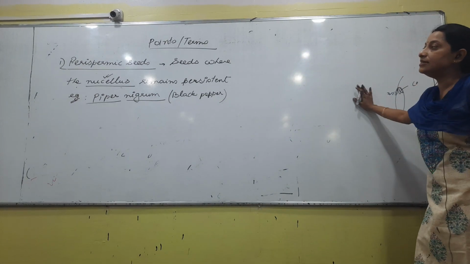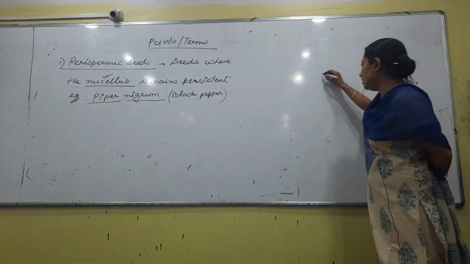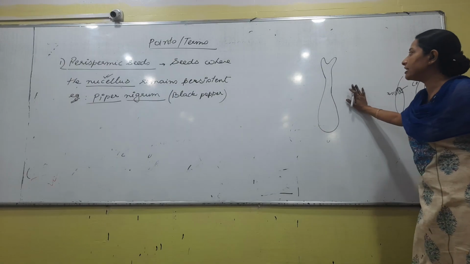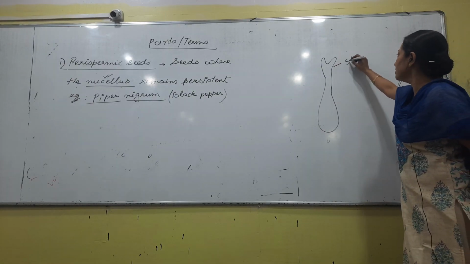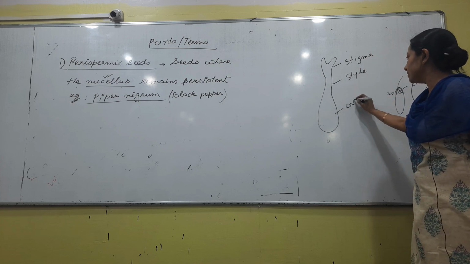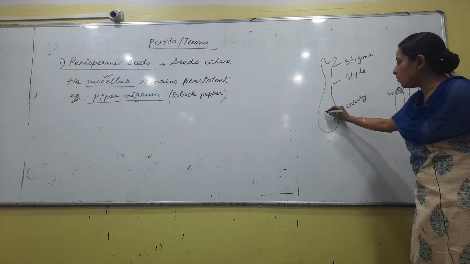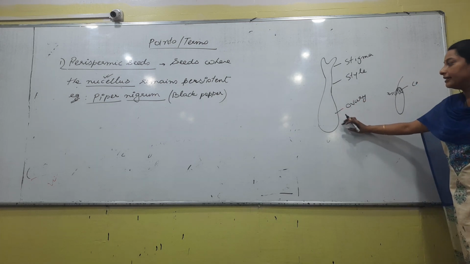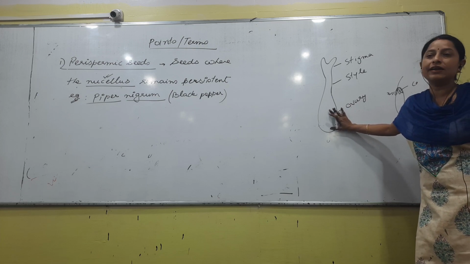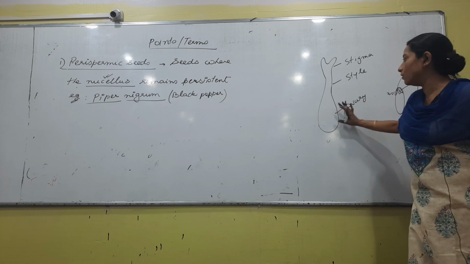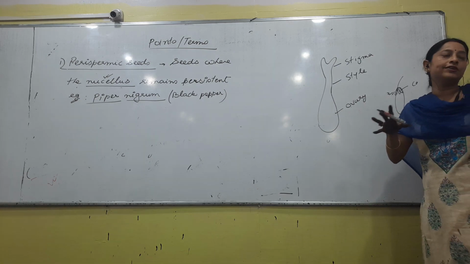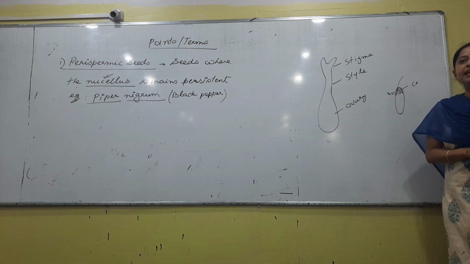Talking about the nucellus, what is a nucellus? So, when we are talking about the female reproductive part, the carpel, we know this is the stigma, style and ovary, right. Inside the ovary, what will you find? The ovules. But was this ovule formed from the starting point of the plant, or was it formed gradually? The ovule inside the ovary, or the ovary itself, was formed gradually, right. As the plant matures, then only the ovary, and from the ovary the ovule will be formed, right.